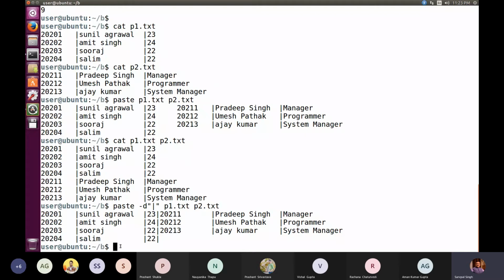So we have seen examples like cut and paste, and we have seen examples like head, tail, and then cat. Many such commands will be used from time to time, and we are discussing them because these commands are to be used when you write a shell program, and otherwise also when in some online examinations or quizzes, if you are asked to write the sequence of commands for performing a specific operation, then of course you have to understand the commands, and only then will you be in a position to combine them together. So now